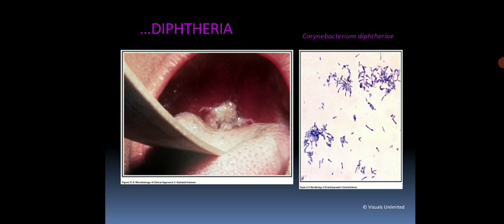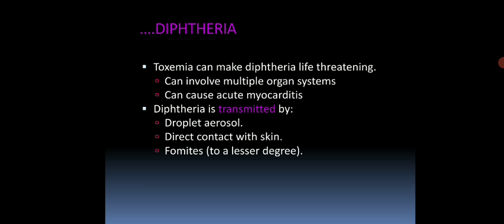diphtheria infection. See, in this picture you can see the swelling in white color, and in the right side picture you can see Corynebacterium diphtheriae, the causative agent for this disease. So toxemia can make diphtheria life threatening and can involve multiple organ symptoms and can cause acute myocarditis, that is infection of the heart, and diphtheria is transmitted by droplet aerosol as well as direct contact with skin and fomites to